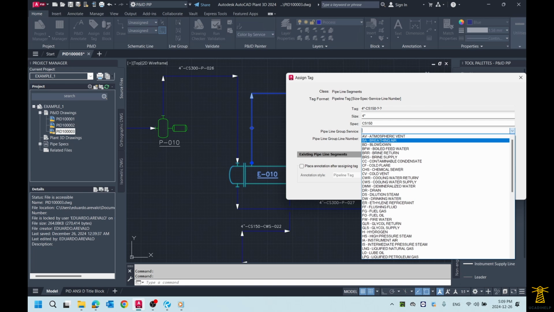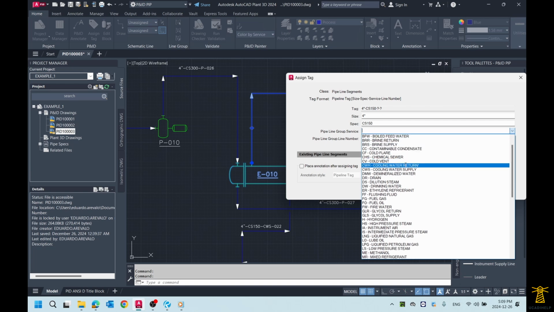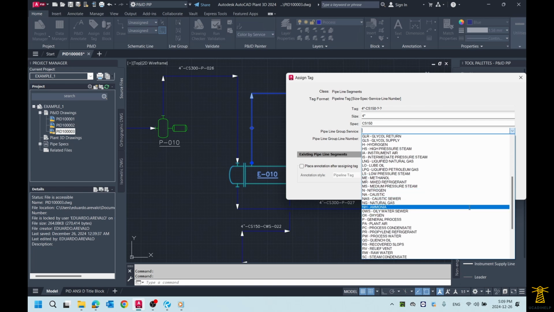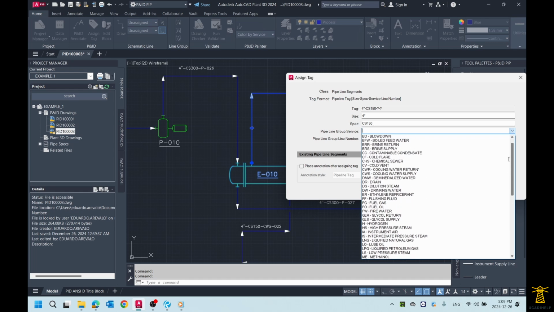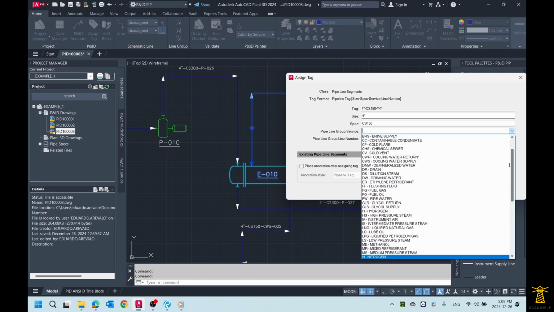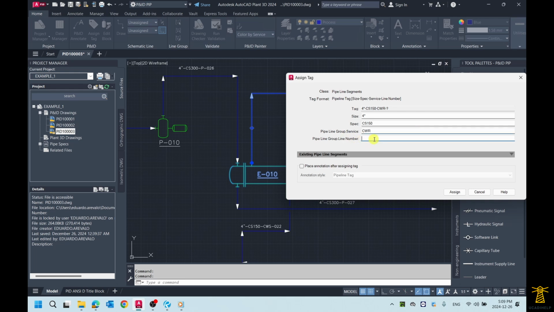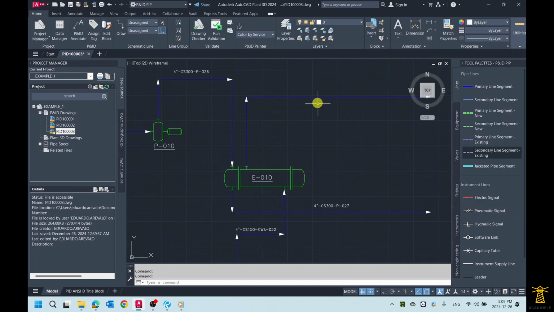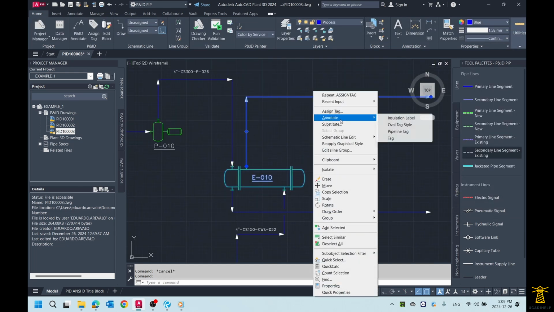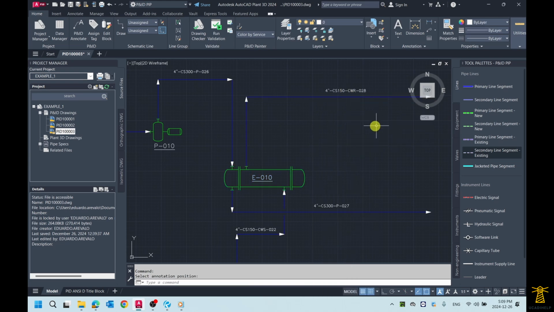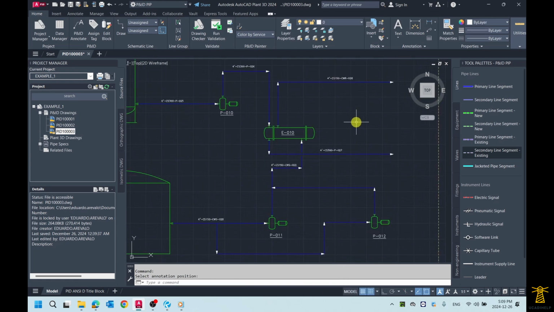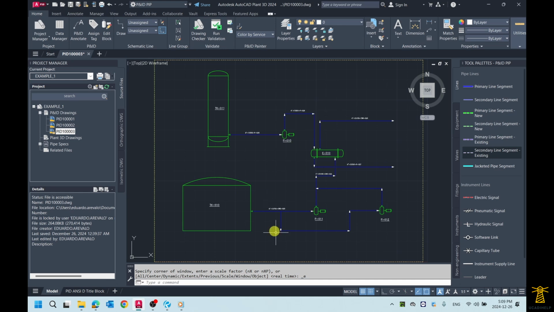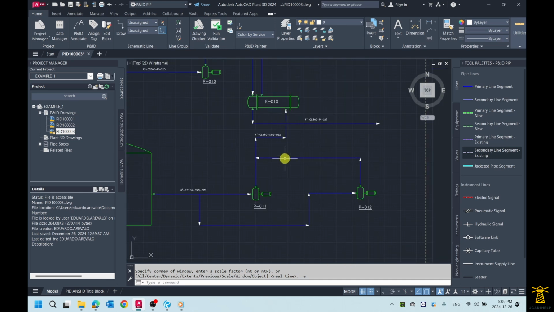This one is going to be cooling water. We say cooling water supply, cooling water and return. So cooling water and return. Okay, and let's put 028. And we're going to put pipeline tag. Perfect. All right. Okay. So the only thing we're missing is, in this case, we have two